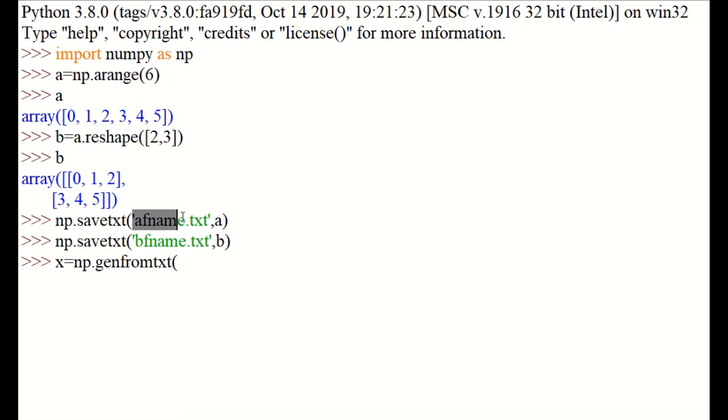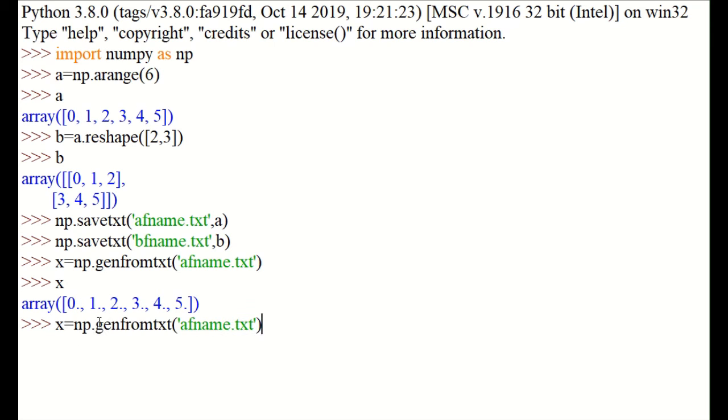So I'm going to get the array a, which we have saved as afname. Then that's our x. You can see what x is. We will get the array as the same thing, but you can see that the data type has changed. The default data type is float, so you can see that automatically everything has changed to float.